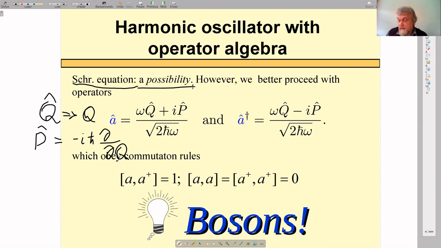One knows that one can write a Schrödinger equation for an oscillator, but that's not the way we proceed. We better proceed with operators. We talk about these operators. There are also ladder operators. They either reduce the number of excitations in the oscillator by one,